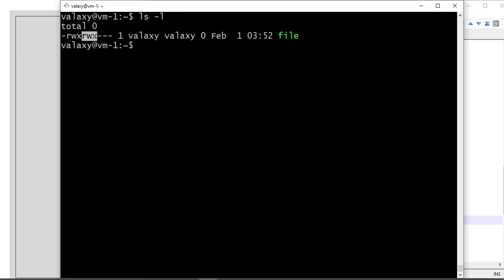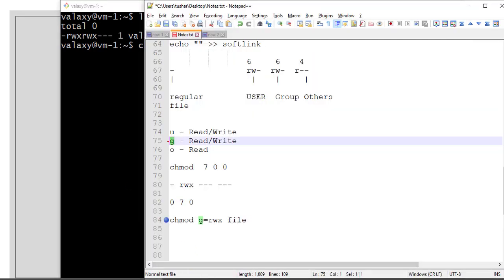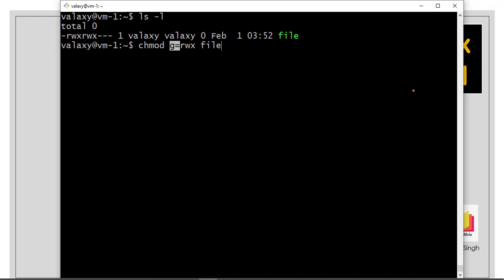Okay. Now the group got the access, but the problem over here is the user access was not removed. What did you mention? You mentioned in the command that g=rwx. That means group, this small g which I have talked about, needs to have read, write and execute access. Did I mention that you need to remove other access too? If you put it that way, that you want to remove other access too, then it will go and remove. It will not go and do it